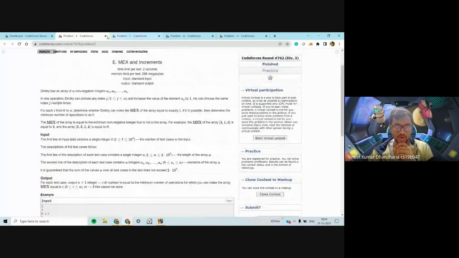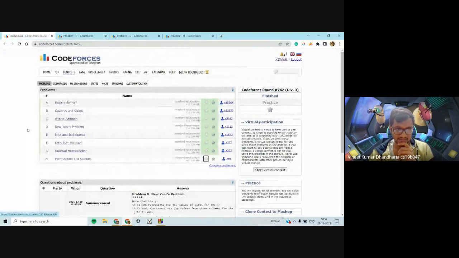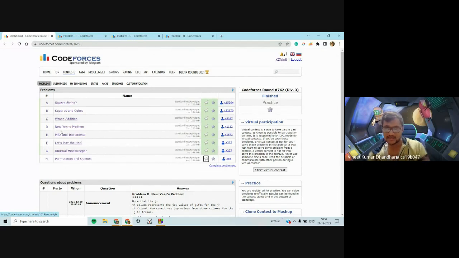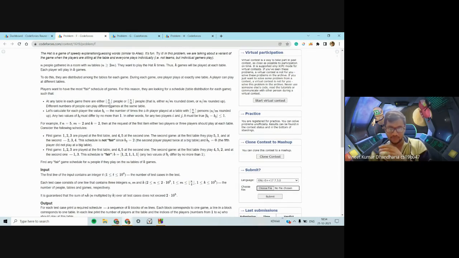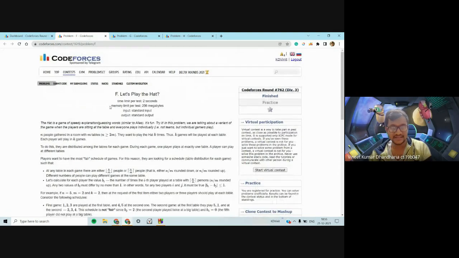Okay, so let's go on to the next problem. Again, we have discussed A to E problems so far. If you feel any kind of difficulty in any of the problems, you can either write it in chat or you can unmute yourself and ask, even when we're discussing some other problem, so please feel free to do that. Okay, so let's go on to the next problem. F was one of the easiest problems.